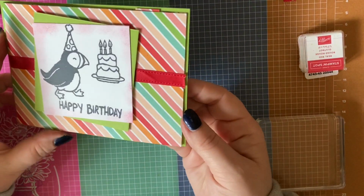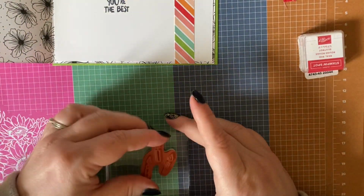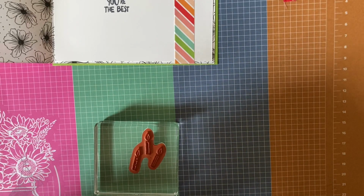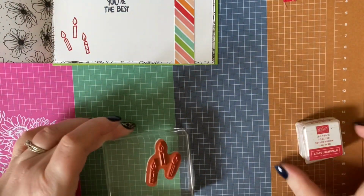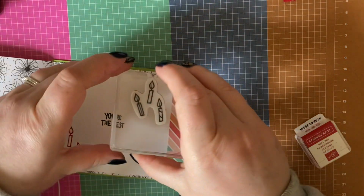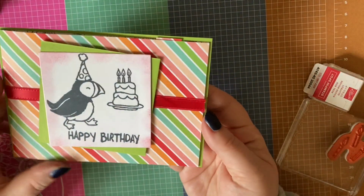So there we go. And on the inside, I think I might just get some candles just to decorate the inside a little. Again, I'll just use my real red. And do a little stamp there. And there we are. So that took hardly any time at all, as you can see, and now you've got a lovely card